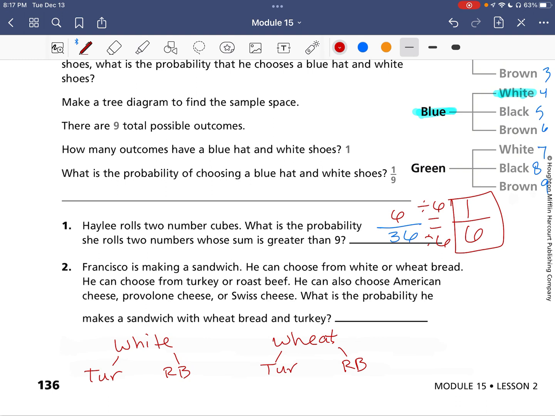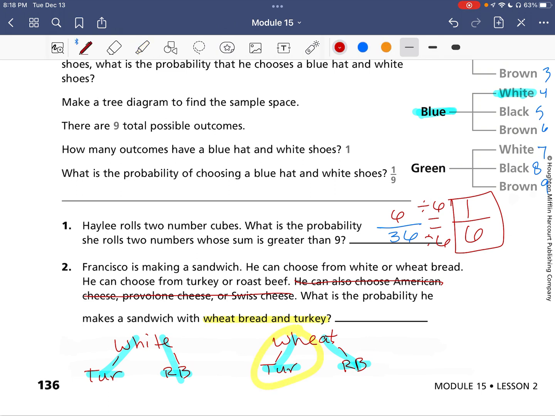So the probability he makes a sandwich with wheat bread and turkey, we actually don't need the cheese. That's just adding more combinations than we need to worry about. So out of our 4 options here, white with turkey, white with roast beef, wheat with turkey, wheat with roast beef. The one we need to worry about is wheat bread with turkey,